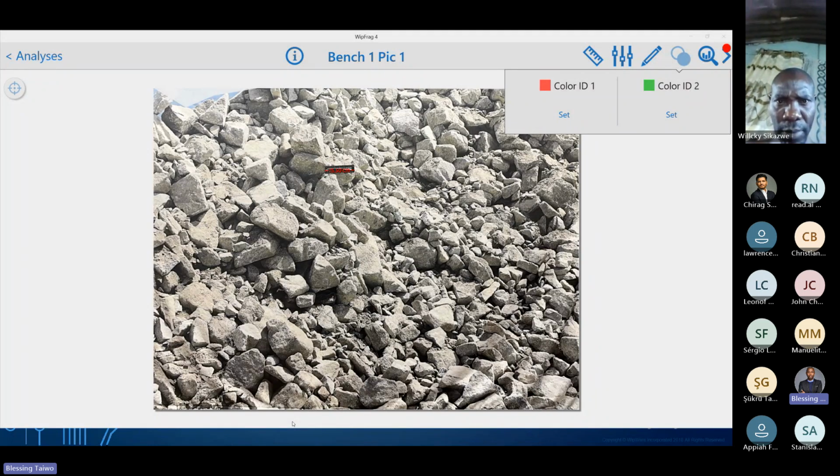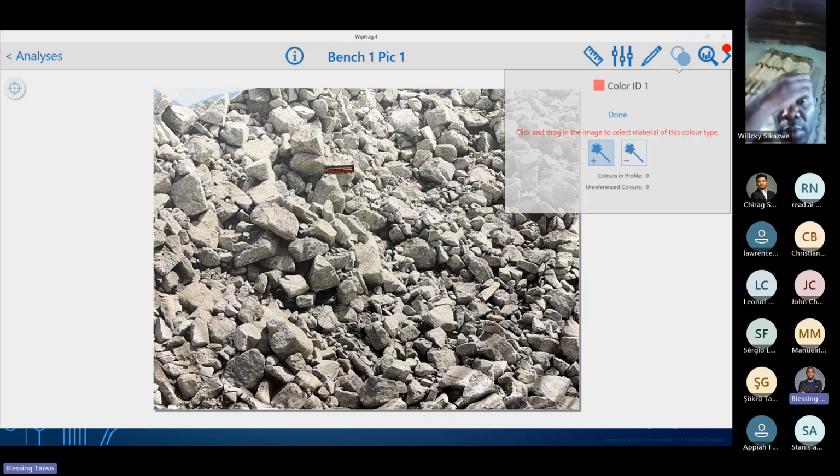So in this case, it reduces the cut-off grade of the material that you've blasted. Most of the time we have intrusion in the iron ore or intrusion in the pyrite ore, reducing the concentration of the material that we are blasting. So this software, using the image and the difference in color of the material, can help you track the percentage of the material that has dilution.